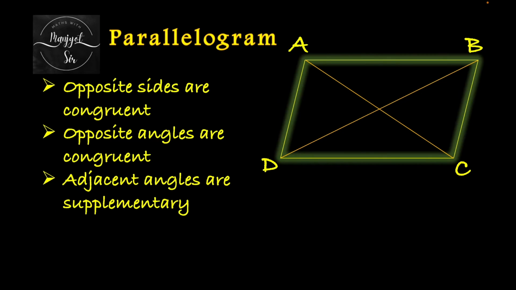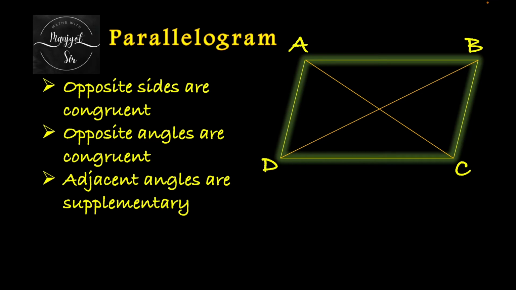Further, there is one more very important property, that is adjacent angles are supplementary. Now what do you mean by adjacent angle? See, opposite means सामने वाला and adjacent means बाजू वाला. So if you observe A का सामने वाला is C, so A and C are opposite angles, and A का बाजू वाला is D and B. So you can pick any one pair. So if I pick A and D, these are adjacent angles and they are supplementary. That means their sum is 180. So A plus D will be equal to 180.